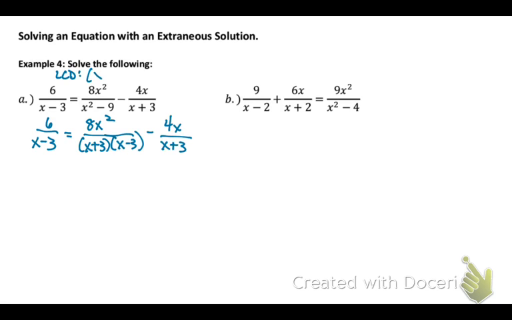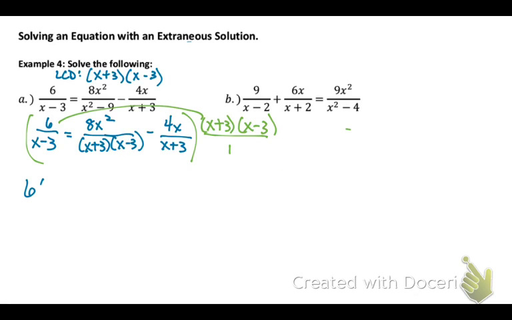So now I can see that my common denominator will be x plus 3 times x minus 3. So I'm going to multiply everything by x plus 3 times x minus 3 over 1. When I distribute that to my first expression, my x minus 3 divides out, so I get 6 times x plus 3. And when I multiply by my second rational, both divide out, and I'm just left with 8x squared minus, and then with my third rational expression, the x plus 3's divide out, so I'm left with 4x times x minus 3. Now we just need to clean up, so let's distribute,